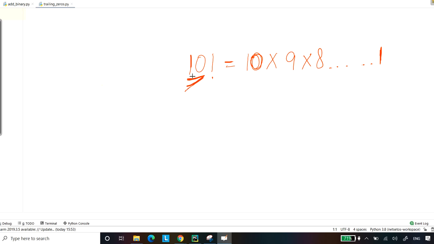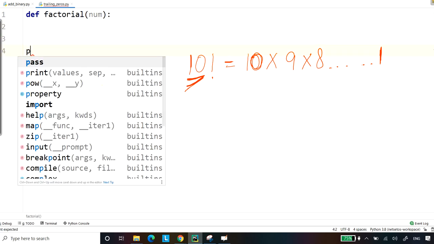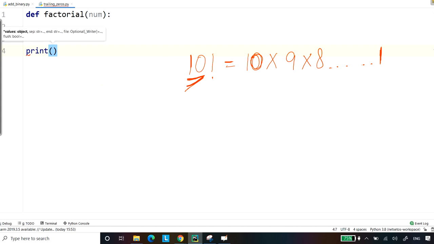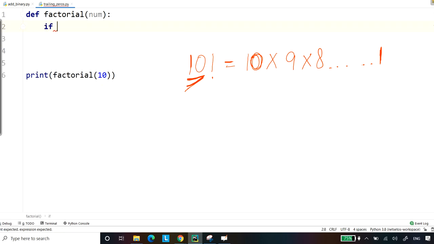That's what factorial is. So for writing its program, we simply make a function with def factorial. If I need to calculate any number's factorial, I'll give num, which is going to be 10 this time. So I'll write over here print, calling the same function with 10. First of all, I need to give the base condition, which will be either 0 or 1.